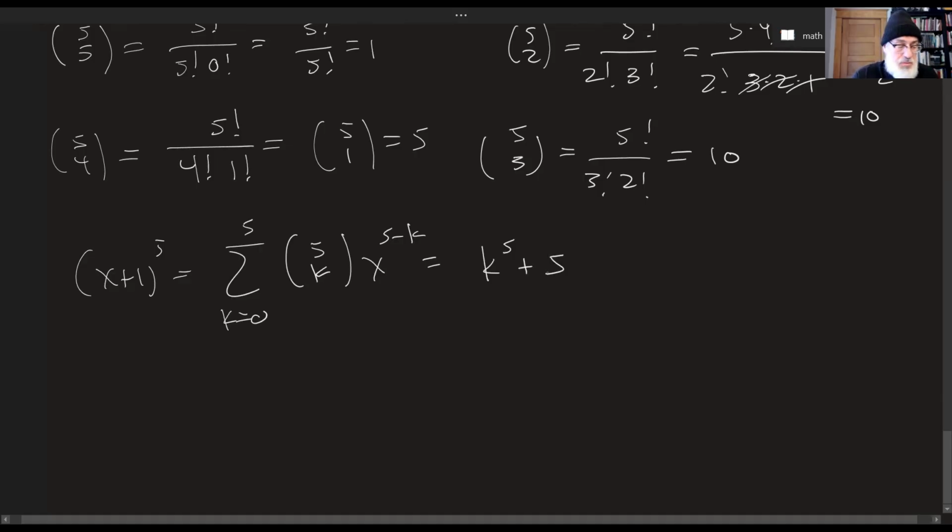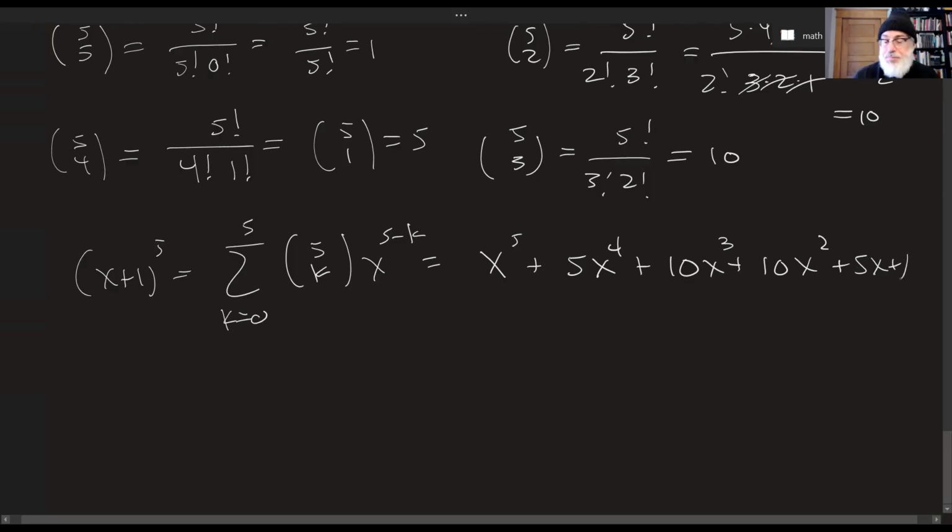Then the next one was 5x to the 4th. I'm using k's in place of x's here. Maybe I should keep the x's, and then I'll replace it at the end. So x to the 5th plus 5x to the 4th plus 10x to the 3rd plus 10x squared plus 5x